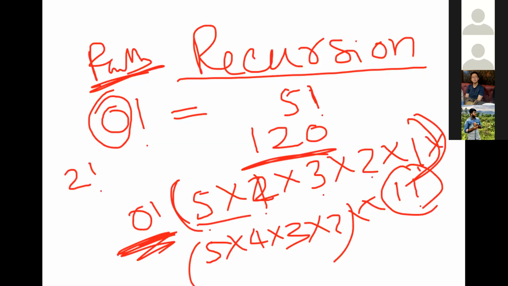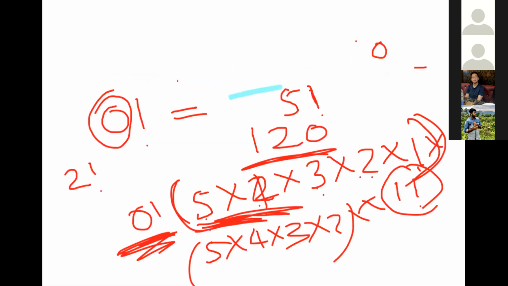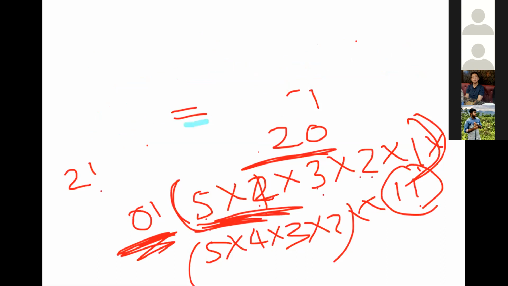Here, see what I used to do. If I say 5, 4, 3, 2, 1, I am simply repeating the same formula. Repeating the same formula, I can say in terms of function, f5 means factorial of 5.